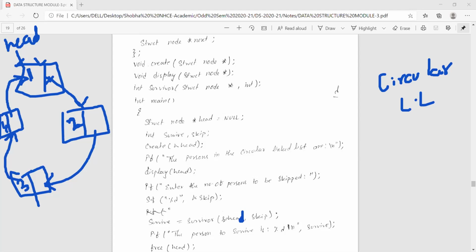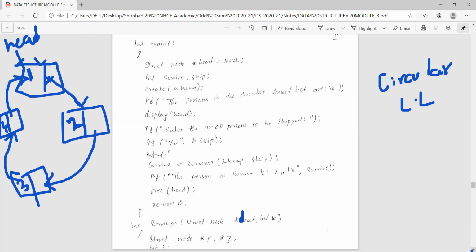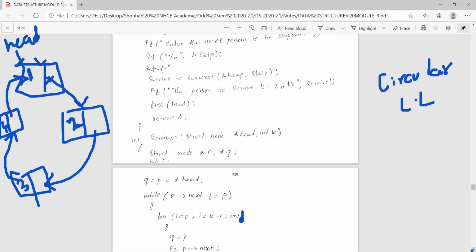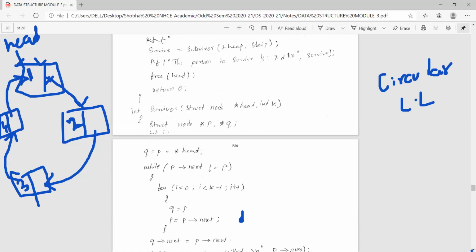Exactly what he said. Address of head means the starting position of the linked list we are passing. So the linked list details are obviously, as it is linked, everything is linked, it will get the whole linked list. So linked list we are passing the starting address and the skip position. The 4th position we wanted to change. That one we are passing as an argument here. Then once this function fully executes, it will return the person who is left or who is remaining.